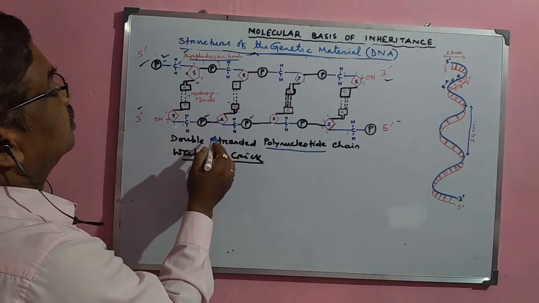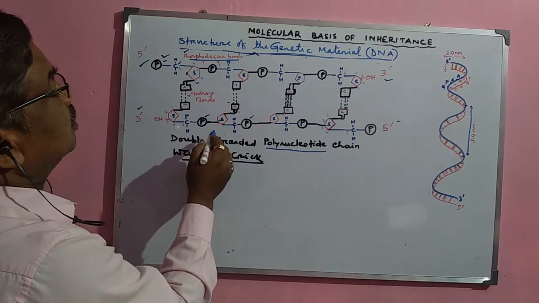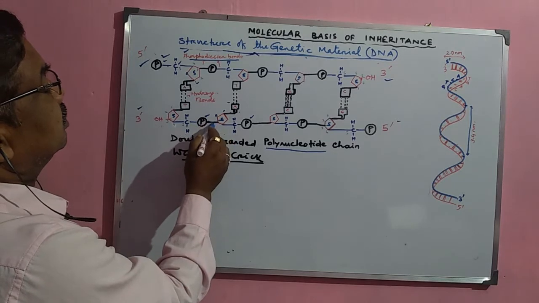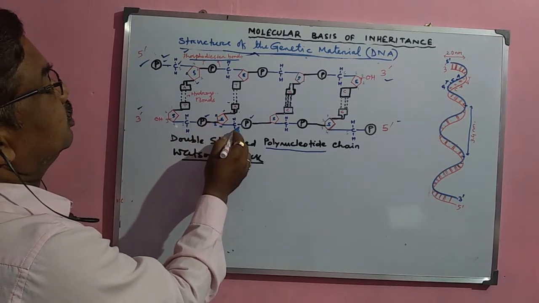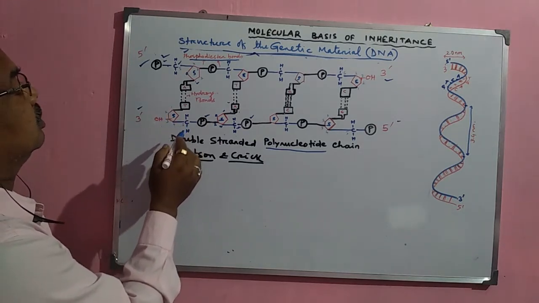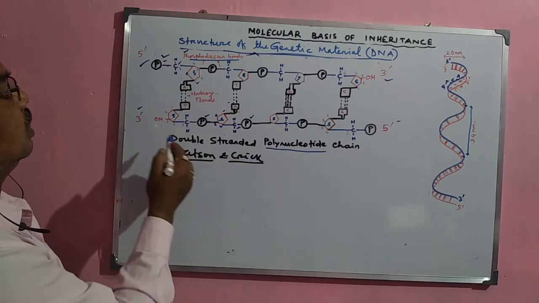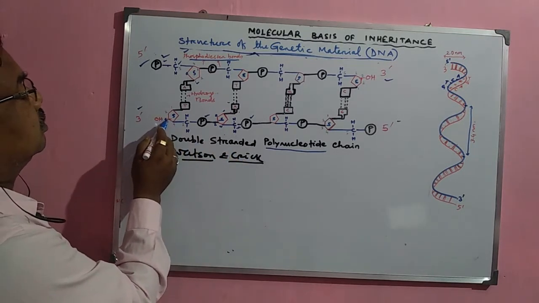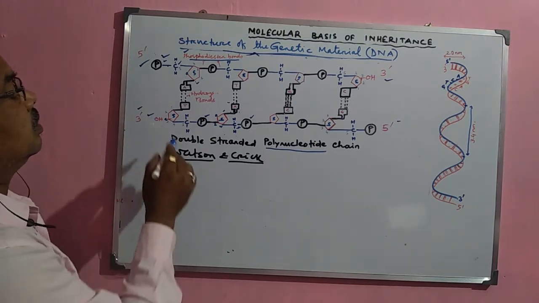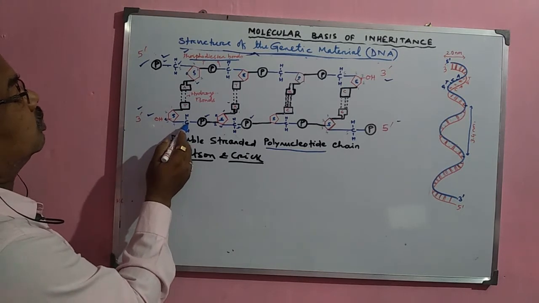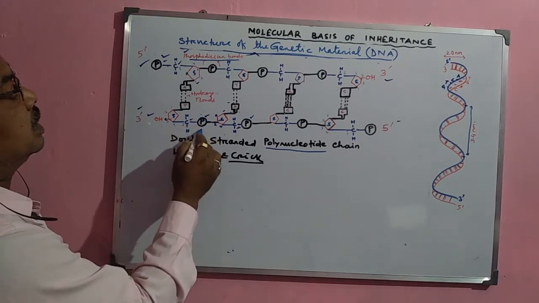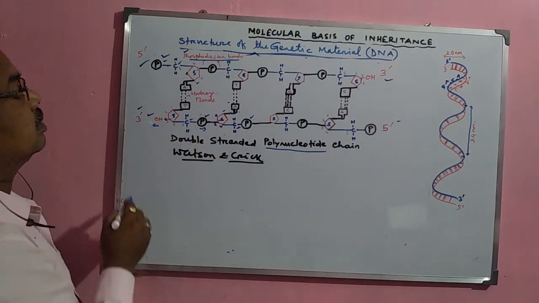Now, in this case, look at here. The first carbon is here and the second, third, fourth and fifth carbon. In this way, the first, second, third, fourth, fifth, so just in the reverse direction. That is why the third position is here. That is the third position. And look at here, this is the fifth position here. That is why the phosphate is attached here, in this direction the fifth position, and in this direction the third position.